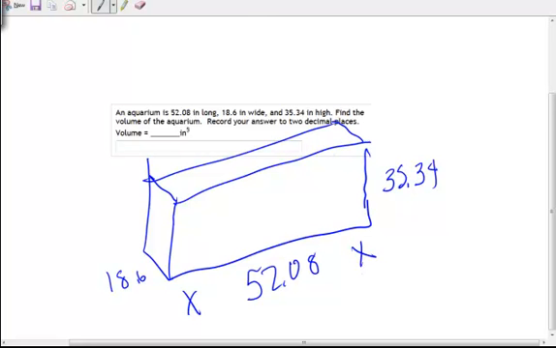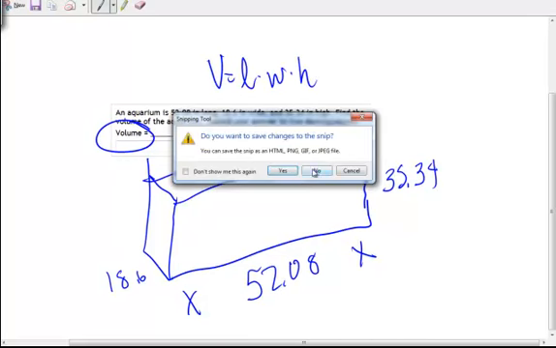That's the volume. Volume is length times width times height. Next one,